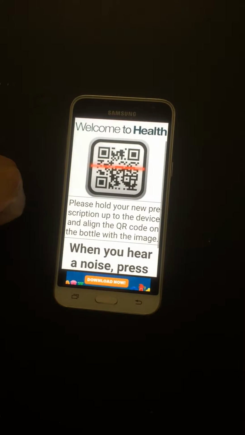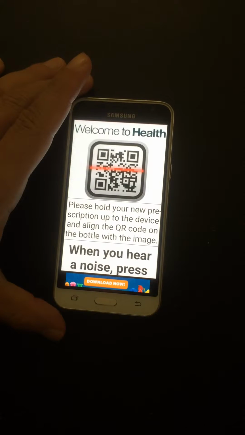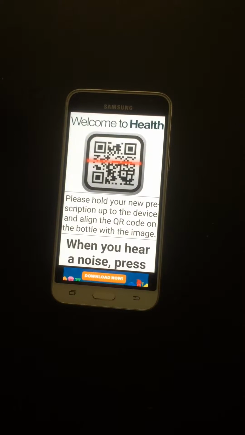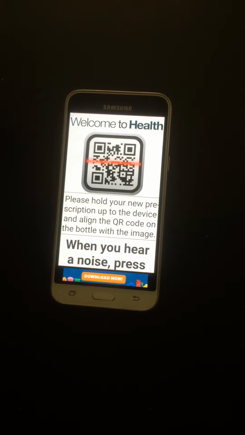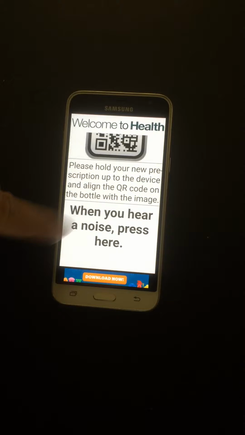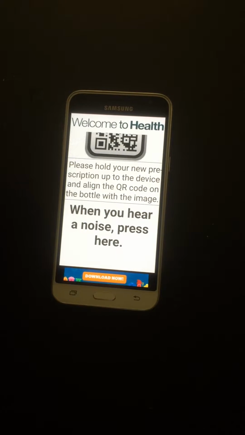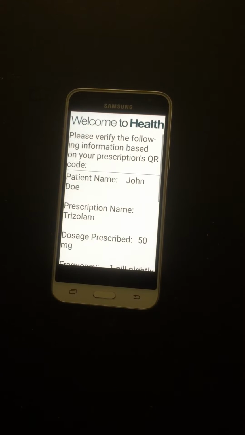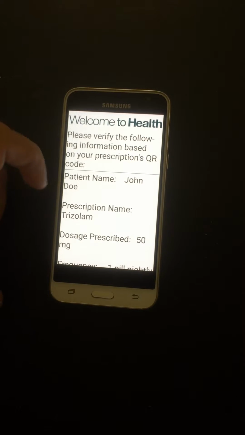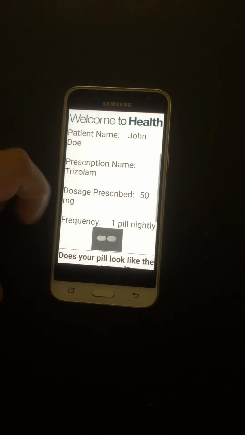If I click on the Add New Medications button, what we will do is it will take your phone or take the prescription and hold it up to the prototype. It will scan a QR code which is printed out by the pharmacist. It will give us a verification noise letting us know that the QR code has been scanned. The QR code will have information on it, including the patient's name, the prescription name, the dosage prescribed, and also